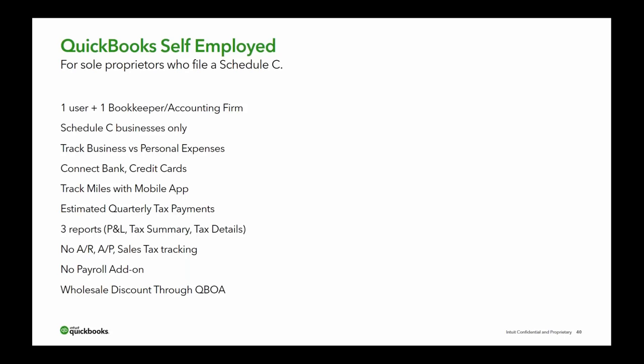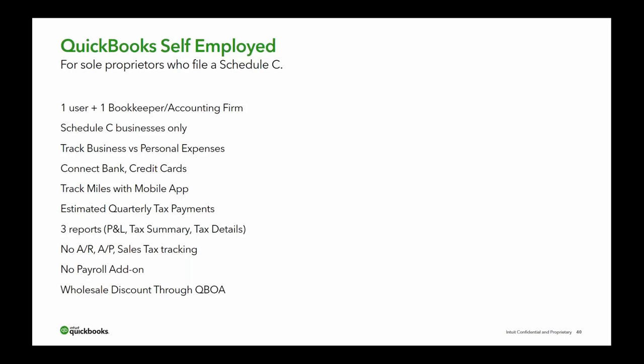Estimated quarterly tax payments will populate based off of what they've selected as business-related expenses or business-related income. There's only 3 reports, guys, only 3. The P&L, profit and loss, tax summary, and tax details. That's it. There is no accounts receivable or accounts payable tracking or sales tax tracking, and you cannot add payroll